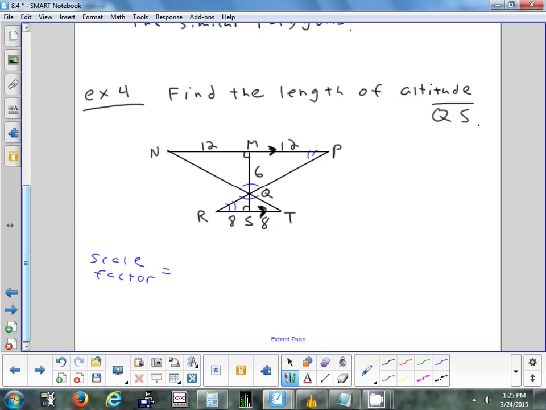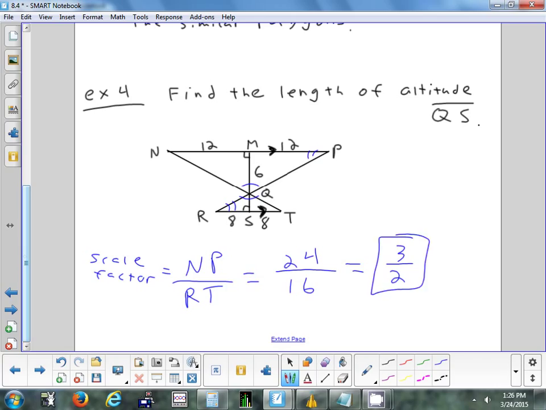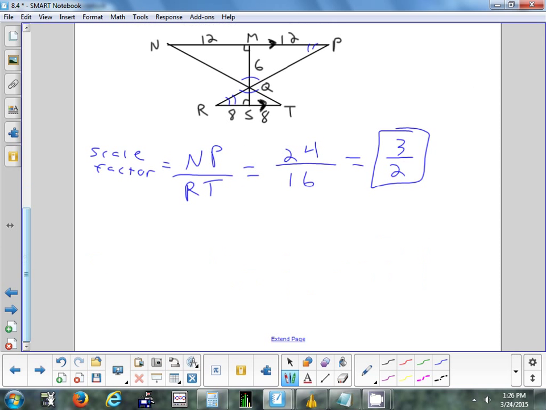Okay. Another way you might do it is compare the length of NP to the length of RT. Those are corresponding sides in the similar triangles. NP is 24. RT is 16. And if you reduce it, 8 goes into each one of them. 8 goes into 24 3 times. It goes into 16 twice. Okay. So there's our scale factor. All right, so now